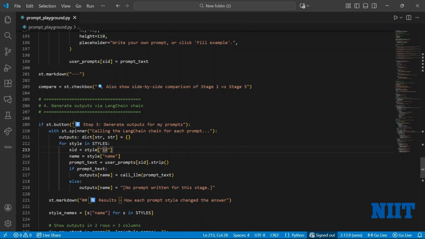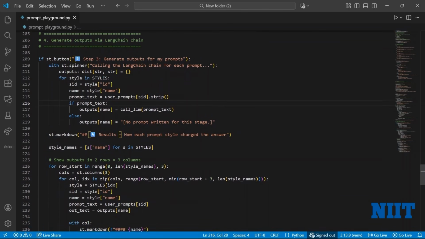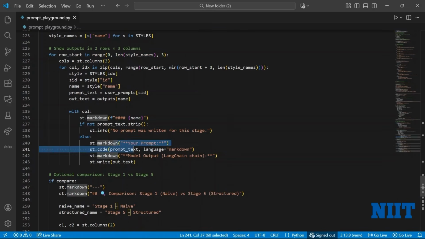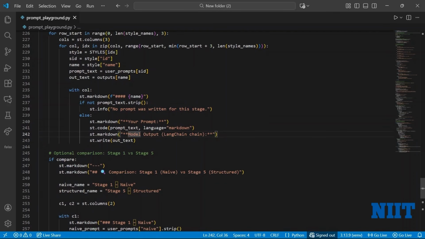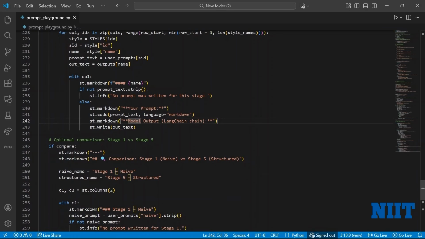Next, we loop over all the prompt styles. It can be naive, instruction, role, and so on. Now comes the important check. If the user actually wrote a prompt for this stage, we send it to the LLM using the callLLM function. That function runs the prompt through the LangChain LCEL chain,